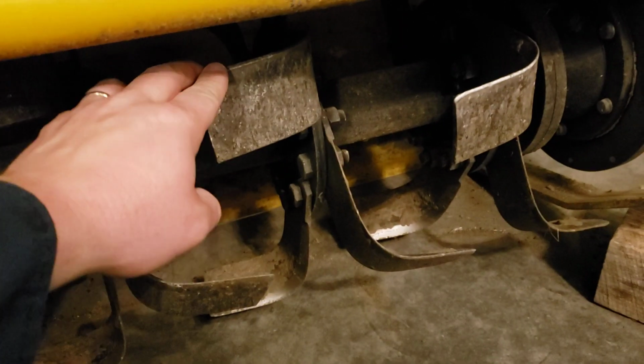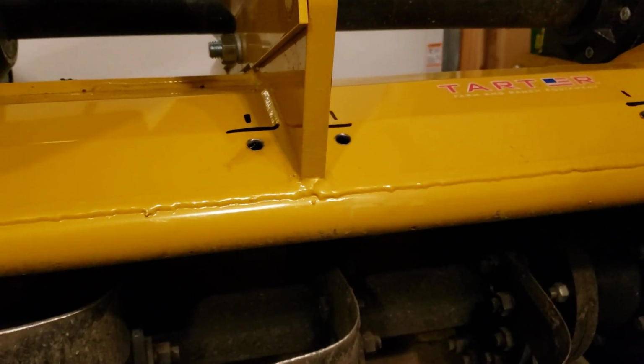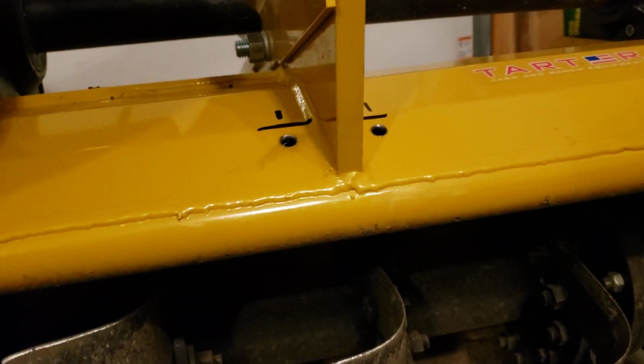So in order to do that, you could also drill from the bottom, which would be rather awkward because these don't get out of the way super good. I mean, they do move, but with a drill, even a compact drill like this, it's kind of hard to get the body of the drill in there and still shoot the bit out unless you had a really, really short bit. So in this case,